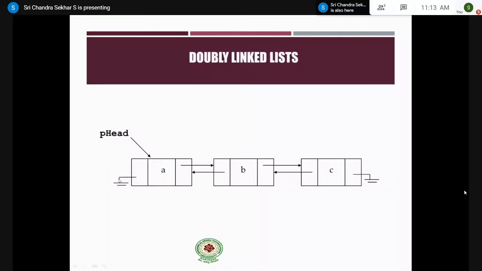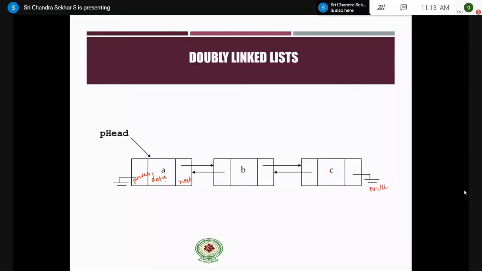As I told you, every node is divided into 3 parts. The middle part is the data part, the left part is the link to the previous node, and the right part is the link to the next node, right? Here in this example we have 3 different nodes. The last node is identified by making the next link of the last node null.